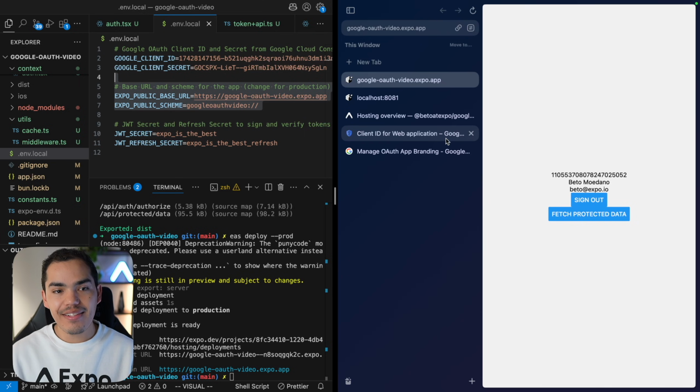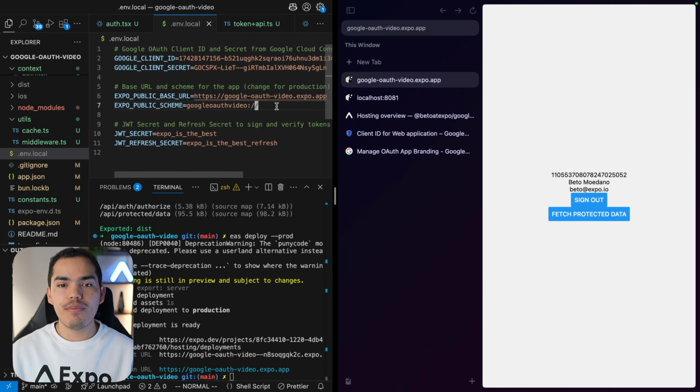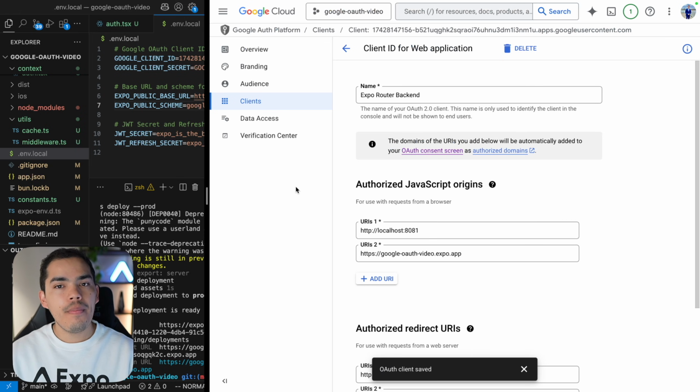Okay, so that's it. Basically, you just need to set the public base URL once you deploy, which is super easy. Then redeploy your app, or just set the base URL before you deploy for the first time, and that should work as well. And finally, guys, I want to also mention that when you are going to deploy your web